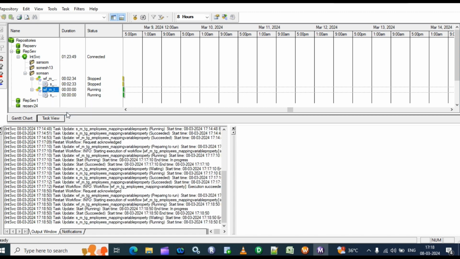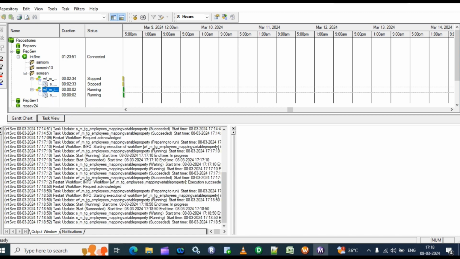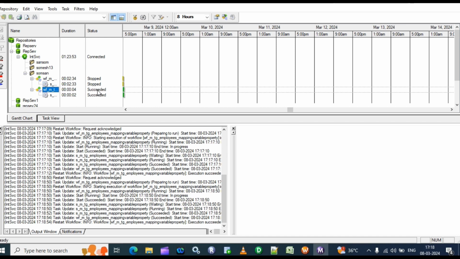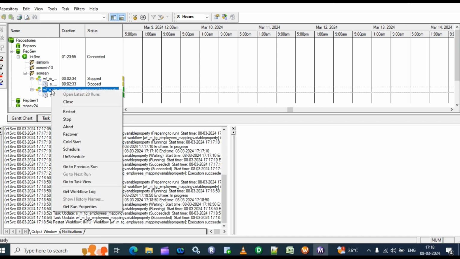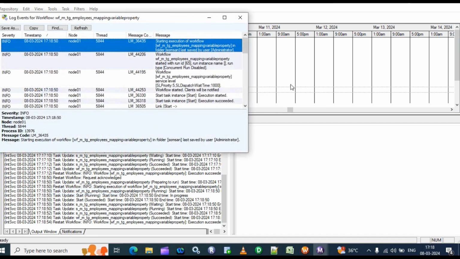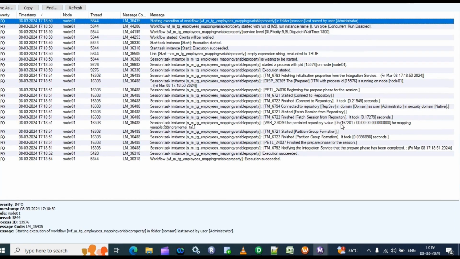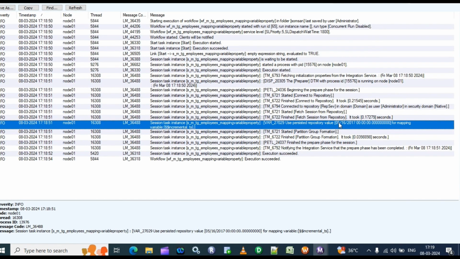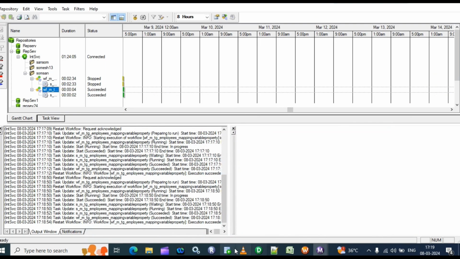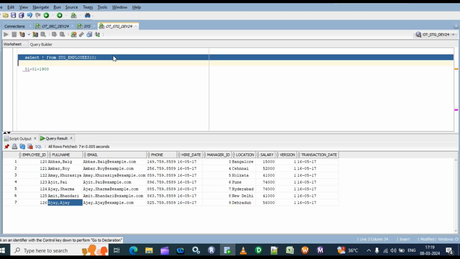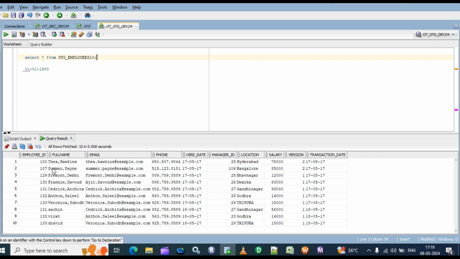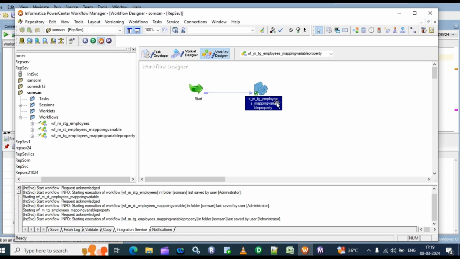Check the workflow. What is the reference date? 16 will be the reference date. Now how many records are there? 10 records. The latest 10 records will be loaded into the target table, and the persistent value is 18/05. And for the next run, persistent value is 18/05/18. Okay, now